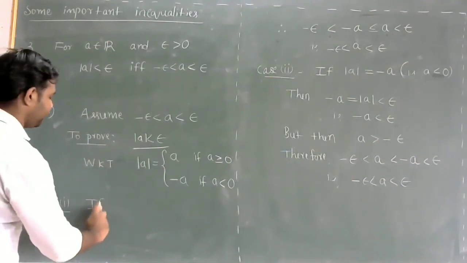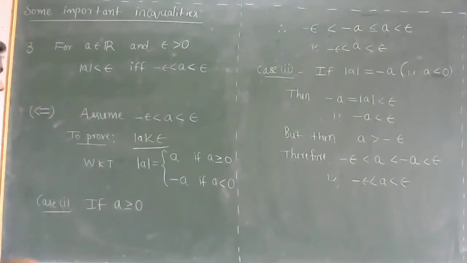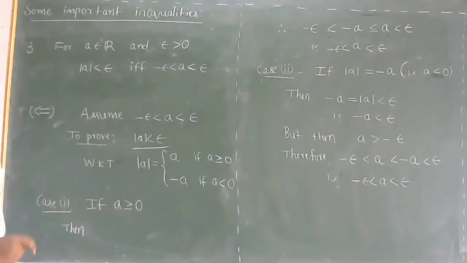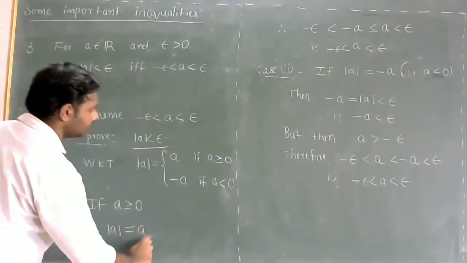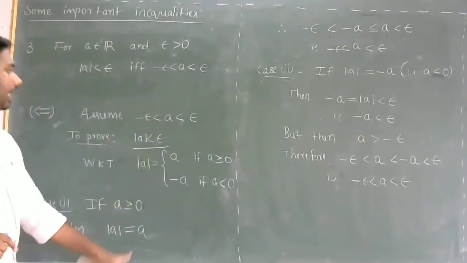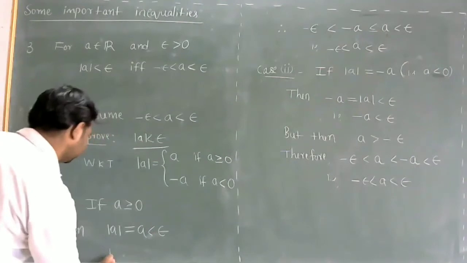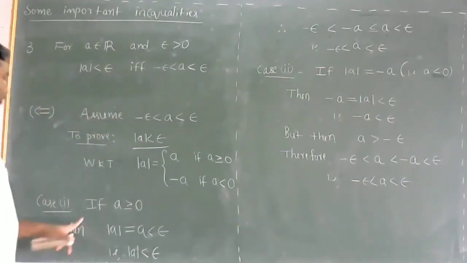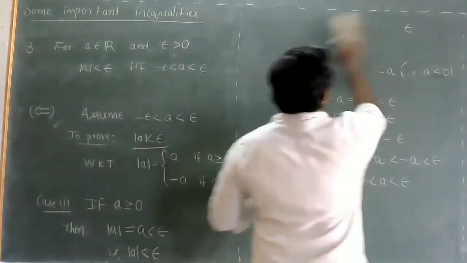Case 1, if A is non-negative. Then in that case, modulus of A is nothing but A, and A is already less than epsilon. So that is, modulus of A will be less than epsilon. So in this case, now if A is negative,